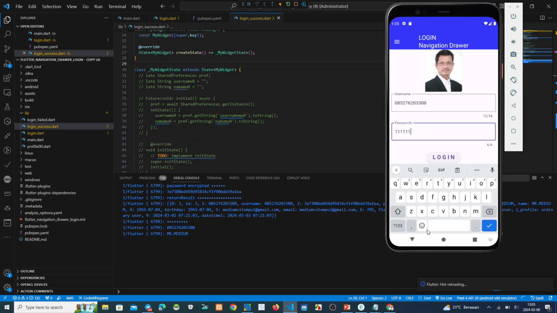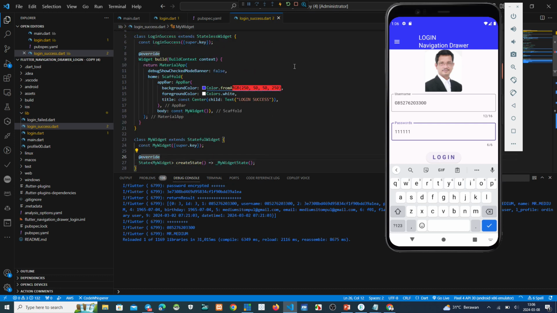We can wait until this hot reloading finishes. Also after that we must clear the back console. After that we can see the result from this screen. Okay, this is the back console, login success.